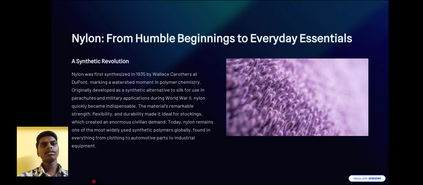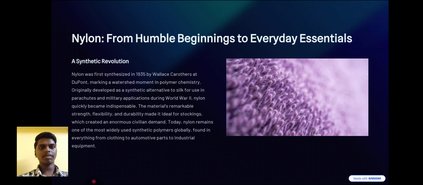Nylon, from humble beginnings to everyday essential. A synthetic revolution. Nylon was first synthesized in 1935 by Wallace Carothers at DuPont, marking a watershed moment in polymer chemistry. Originally developed as a synthetic alternative to silk for use in parachutes and military applications during World War II, nylon quickly became